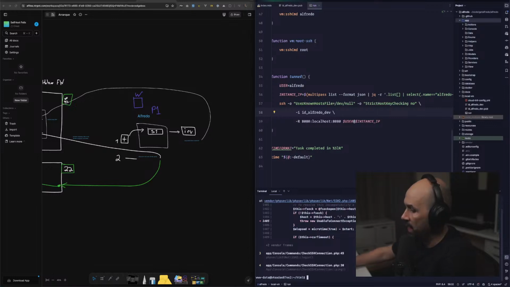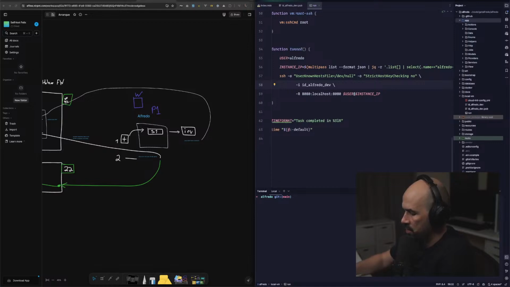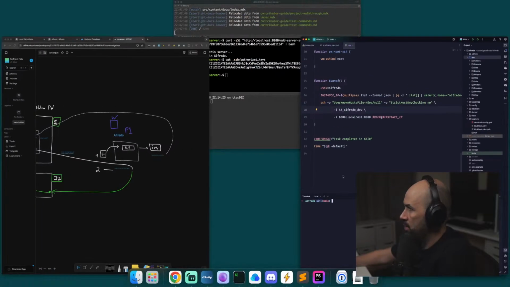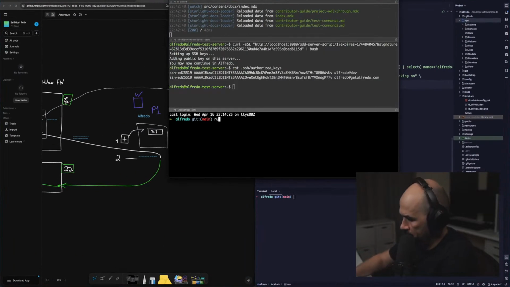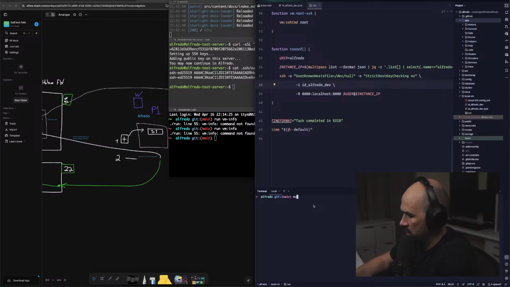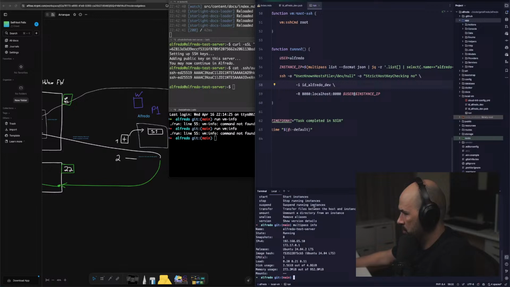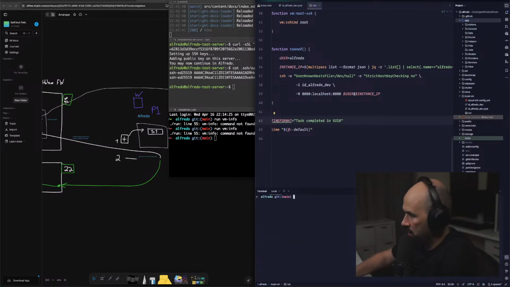And I'm not happy. I know why. I was blocking so much time the other day. So I'm going to run VM info, because the credentials are not the credentials, the IP probably changed. Oh, it's not possible here. So it's multipass, the command multipass info, and the Alfredo test server is running on 6510, and most likely